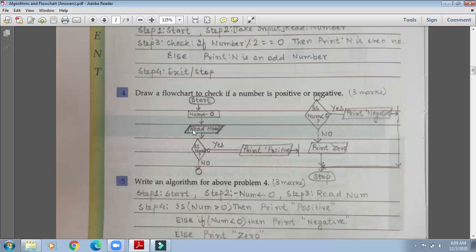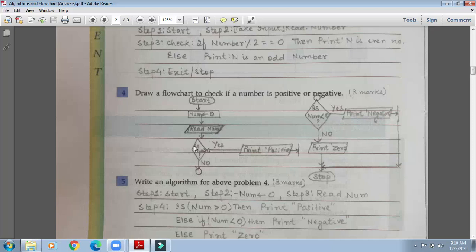Num equal to 0. Now for input and for output, we use parallelogram. So we are using here parallelogram. Read num, or you can write here input num. Both are correct. So read num or input num, we are getting the value of num, means the number.